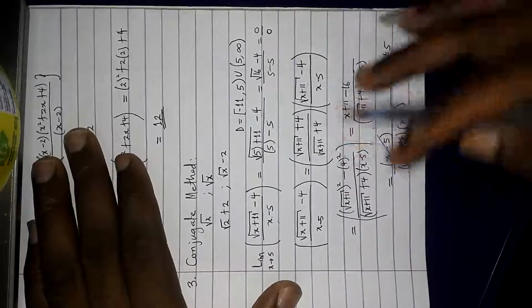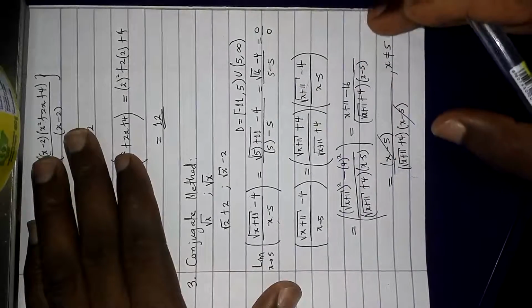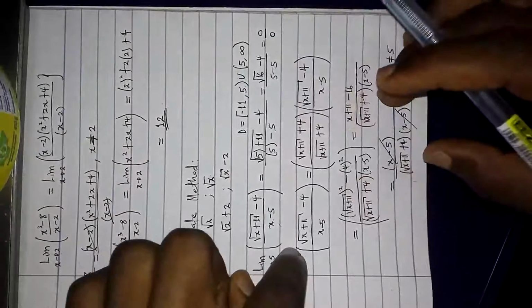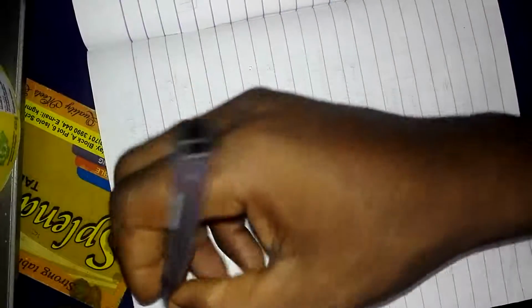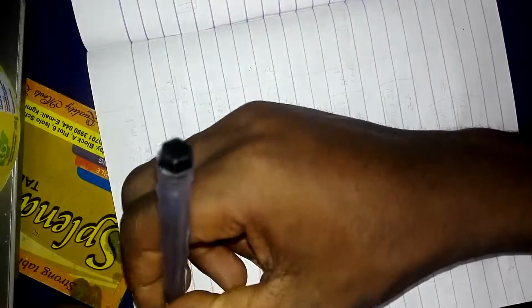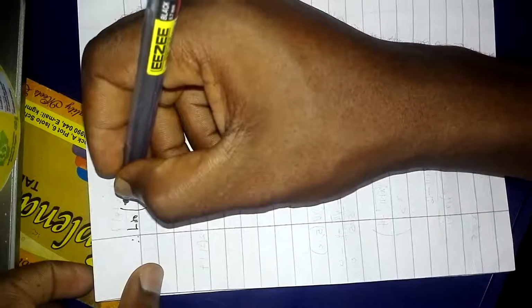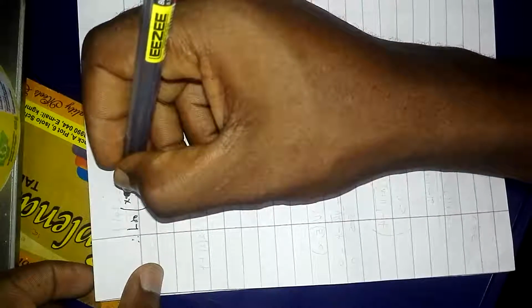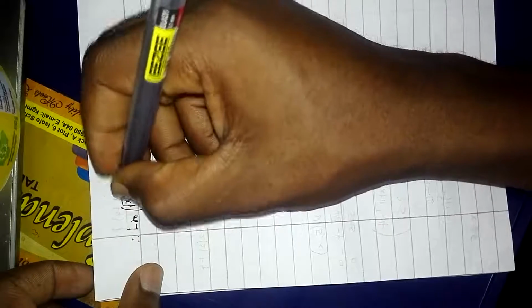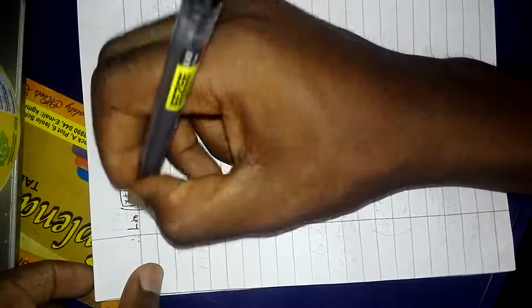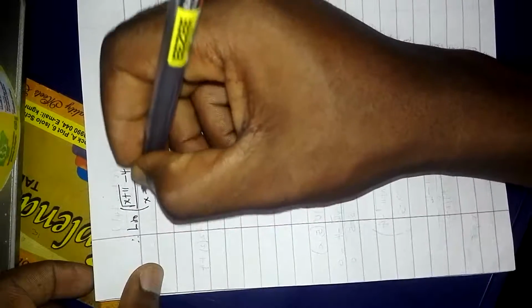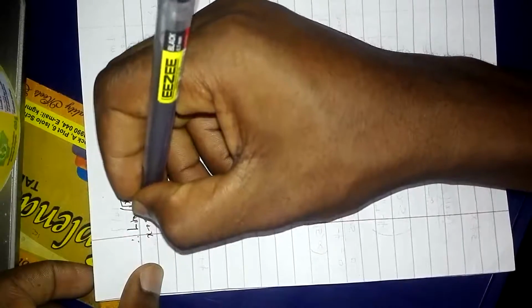That is what we have tried to show with all of these things. That is why what we have done here is correct. Okay, so because of that, I can now write that the limit of (square root of x plus 11 minus 4) divided by (x minus 5) as x approaches 5